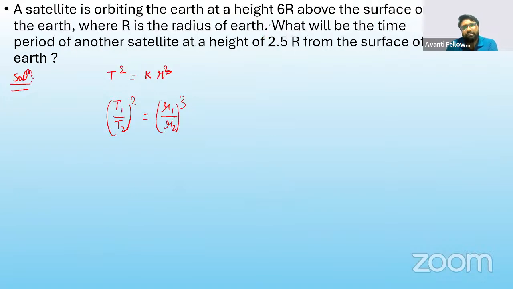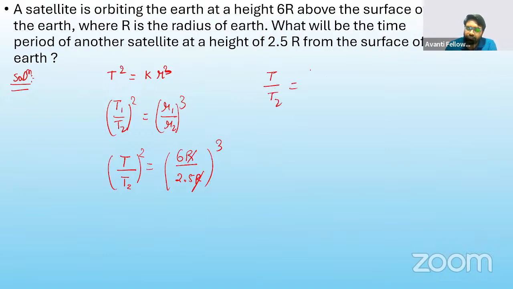Now T1 is, let's say, T for the first case, and T2 is T2 square. R1 is given as 6R initially, then R2 is given as 2.5R. R and R will cancel out. T by T2 equals 6 by 2.5 raised to the power 3 by